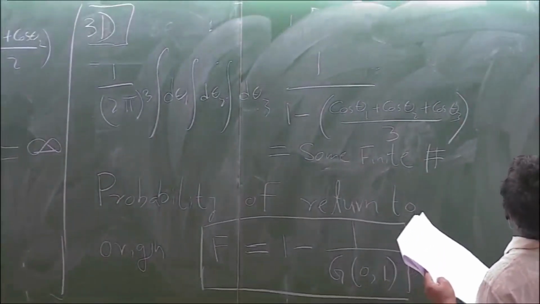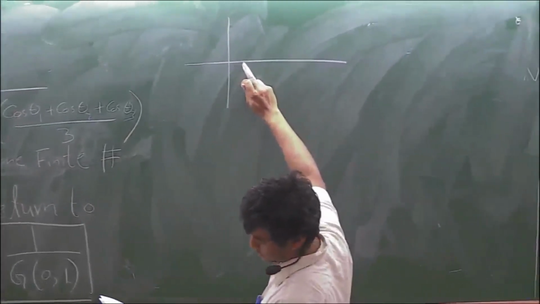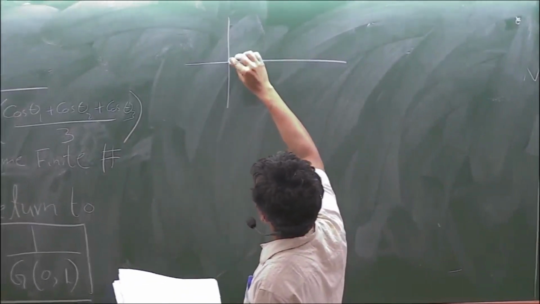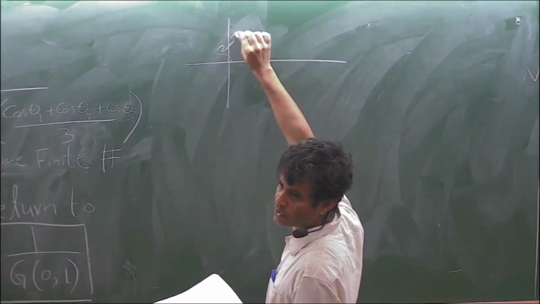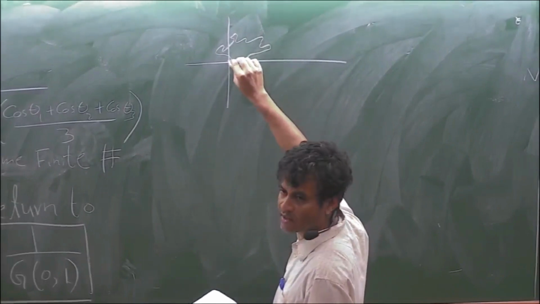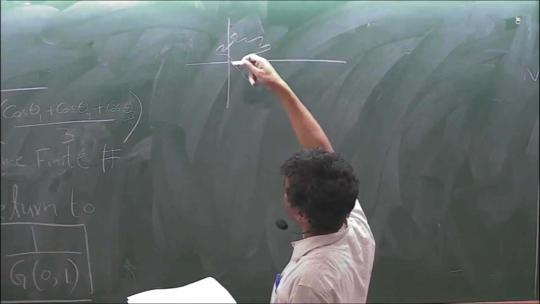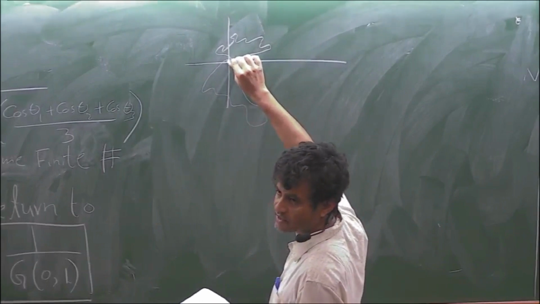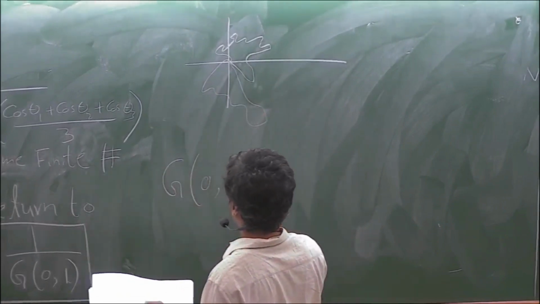So basically, if you think about this quantity, the mean number of visits, it could be like you start from the origin, and then you do some number of steps, and then you come back here, right? So that would be one visit. Or after coming back, you could again go and come back here. So that's the second visit. So then the mean number of visits, G01, must be equal to